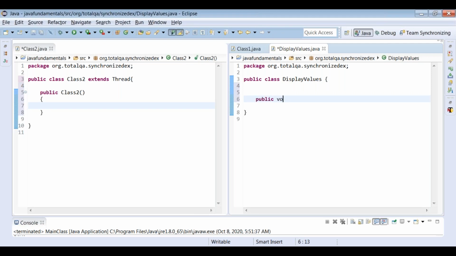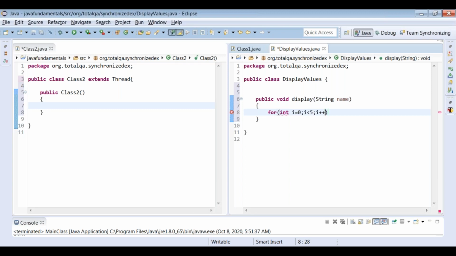What does the method do? public void display, and it takes a string. It will print the string 5 times: i is equal to 0, i less than 5, i plus plus.